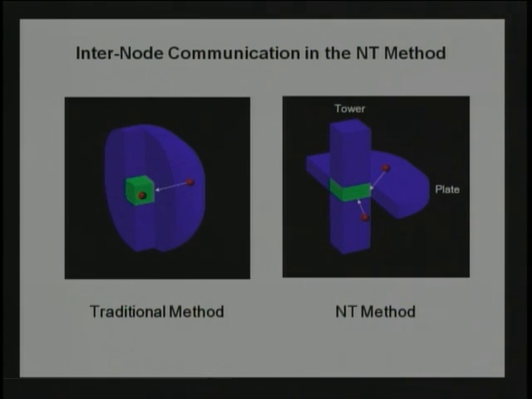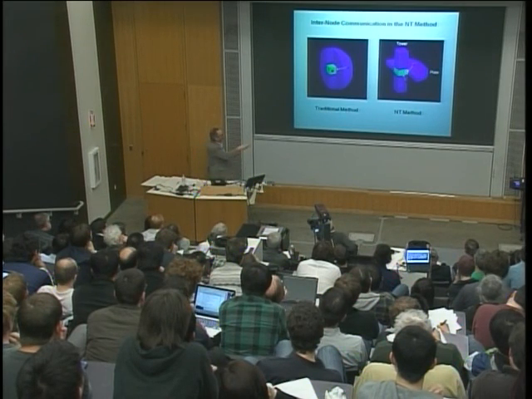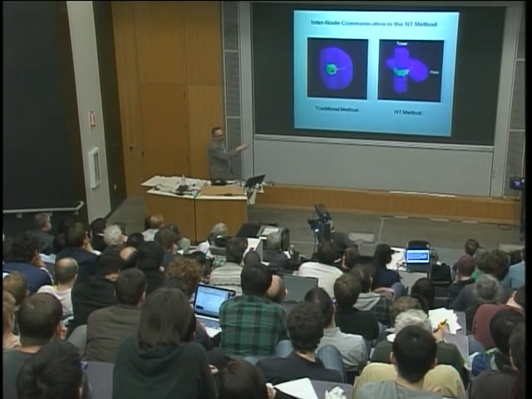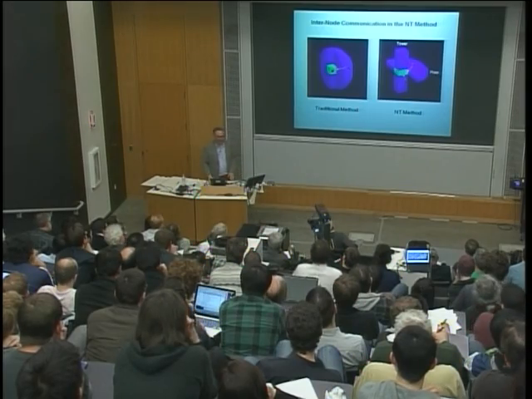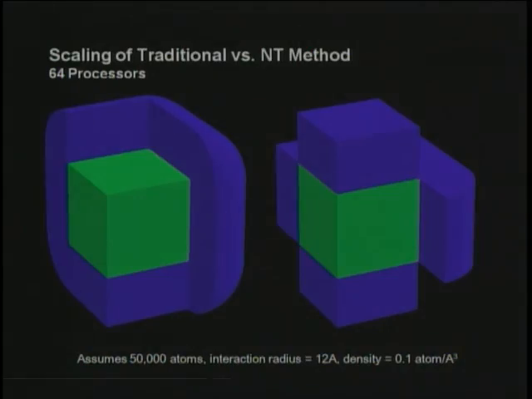What I proved here was that that's actually not, and that the superior way to do it was to interact them on neutral territory in a box that was separate from both of them. And it's a little bit complicated how it works, but you can prove it does all possible interactions. And so in this case, you don't see a dramatic difference, but there's less volume here that gets imported, and hence less communication. It doesn't matter with a small system. This is actually almost a wash.